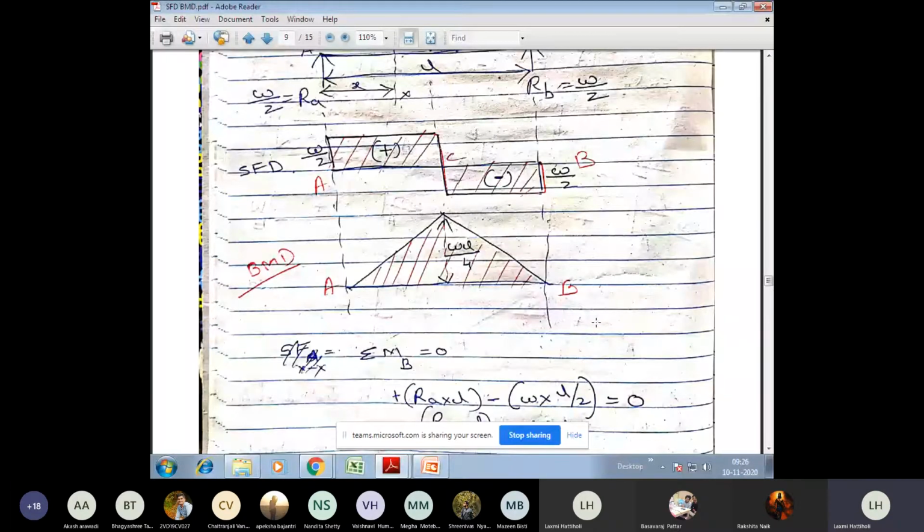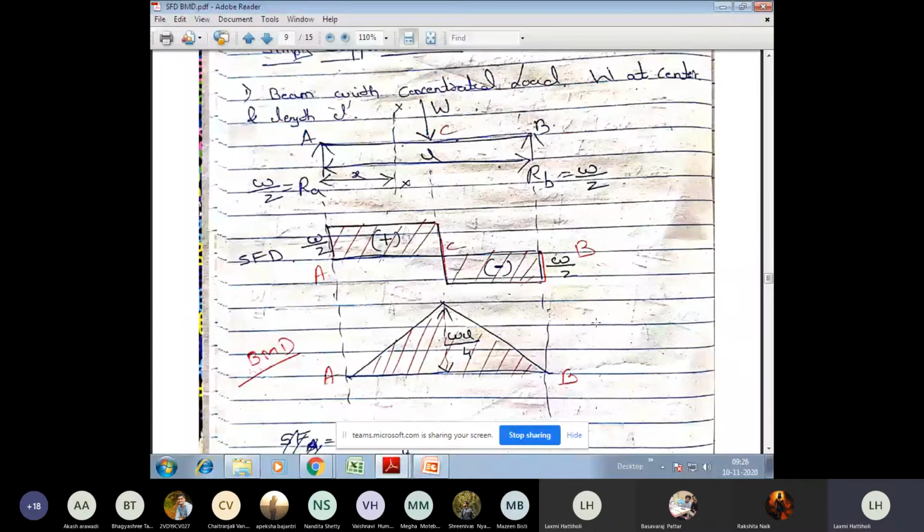And as I have already told while explaining the procedure for shear force, now between C to B, if you observe this carefully, there is no force in between. Whenever there is no force in between, the shear force always tries to maintain a constant value. Between C to B there was no force, so if here it is minus W by 2, even here it has to continue the same. So at B, that is shear force at B, it is minus W by 2.